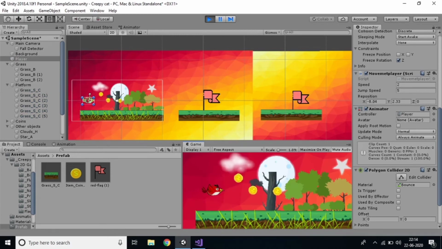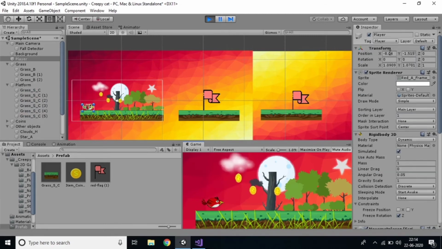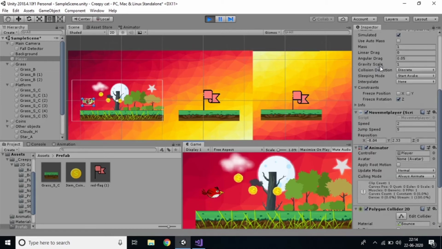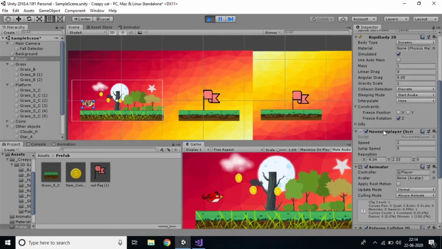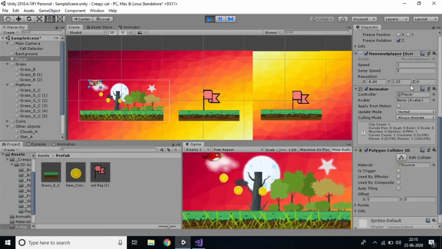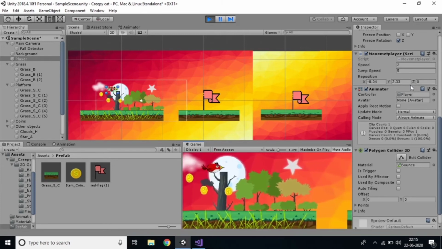So the player values are taking this one. You can see the actual player values are like this, so the value is also taking this one. You can see both values are the same, minus 8.04, and here also this one. Of course it was not taking Z because it's a 2D game. You can use Vector 2 also. Just play this one and you can see here,